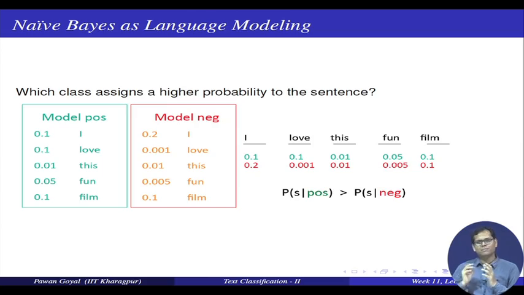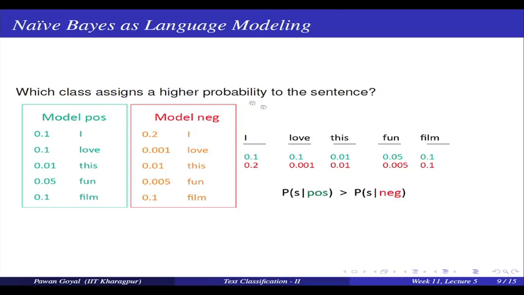At test time, when you see a new document, you will have a bag-of-words representation. You know all the words. Now try to assign this a probability as per both of these models. So what is the probability for this sentence, "I love this fun film", as per my positive model, and what is the probability for this sentence as per my negative model? And then you will see that immediately the positive model gives me a much higher probability than the negative model,